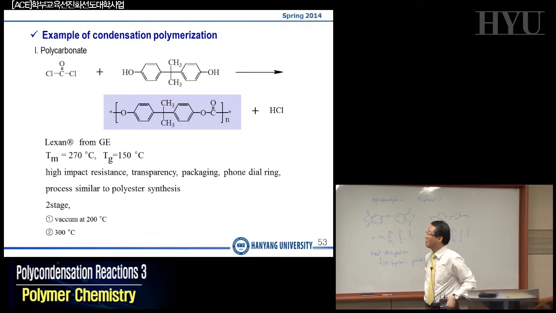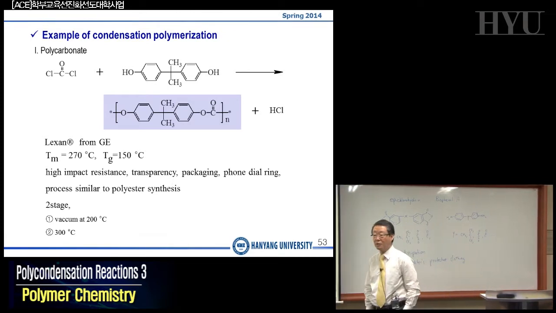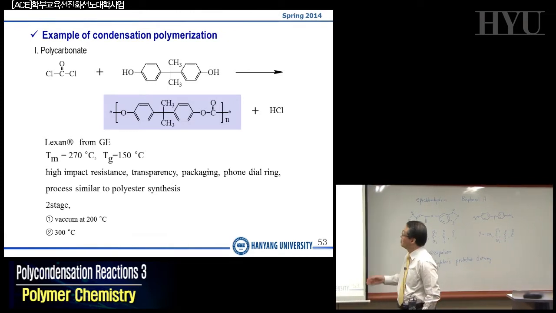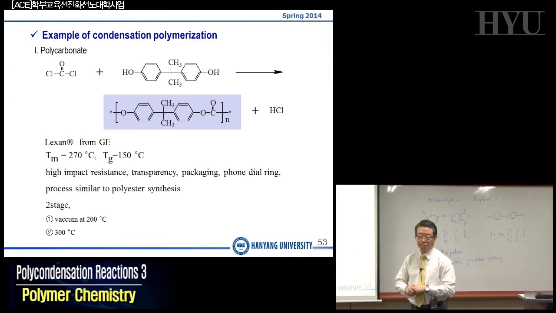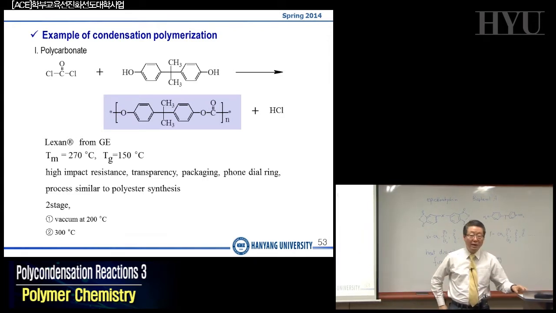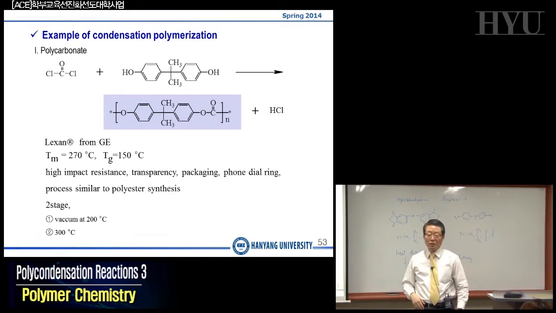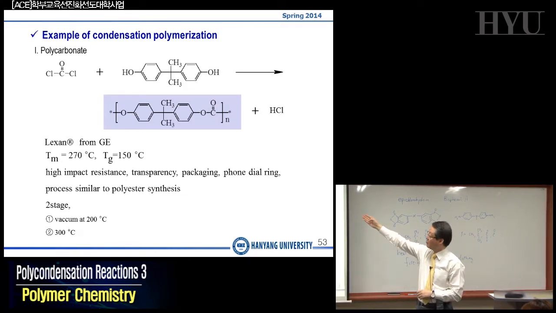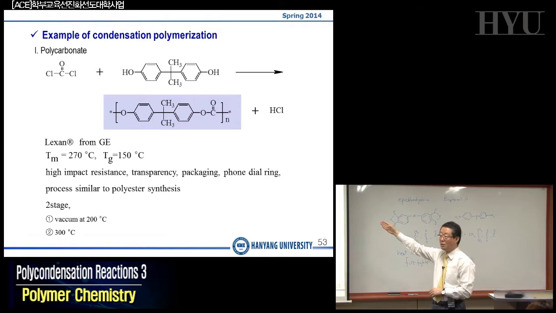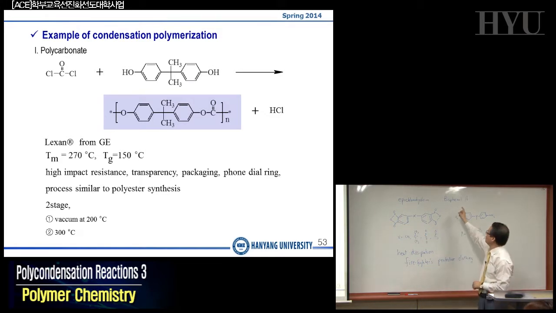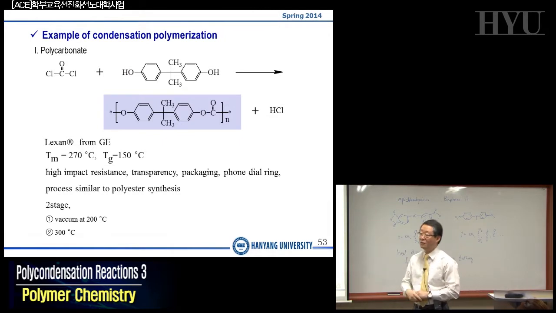Perhaps the last example is the polycarbonate. Okay? Polycarbonate can be made using this chemistry. Well, the second monomer is what? Second monomer is called bisphenol A. The first monomer is called,